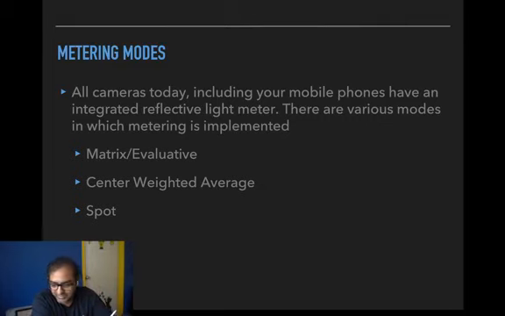So 18% is a complicated thing, but that's considered to be middle gray. It's considered to be the middle brightness between pure black and pure white on a particular scale. So that's why that's used as a number for comparison. I'll tell you more about it when we talk about editing because it's a part of editing as well. It's a part of printing, so that 18% number is actually quite important.